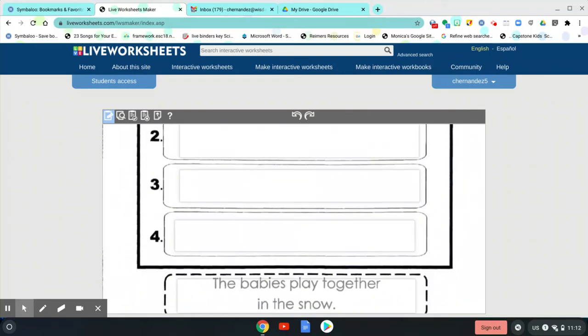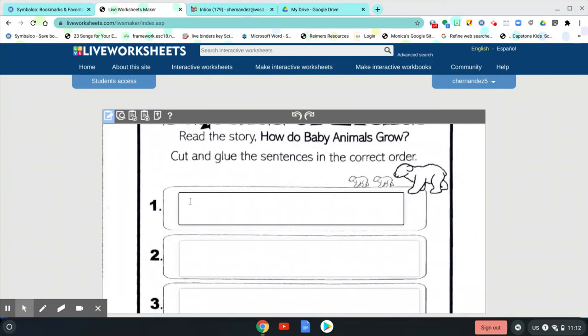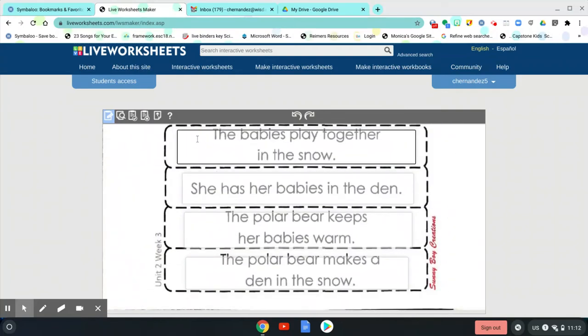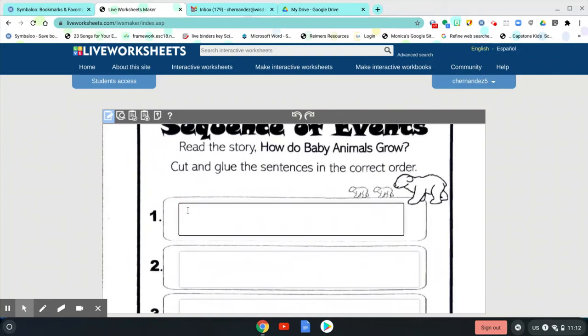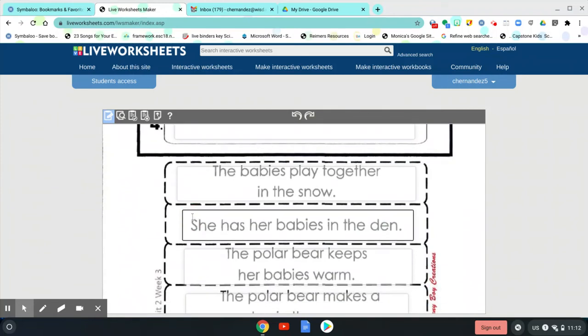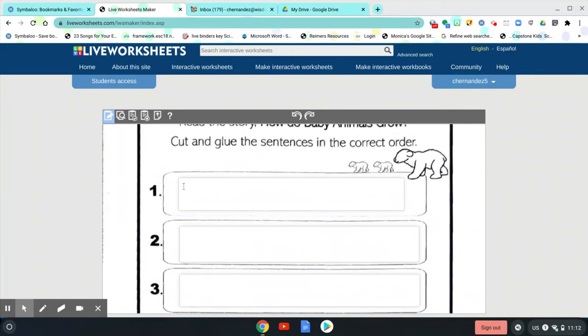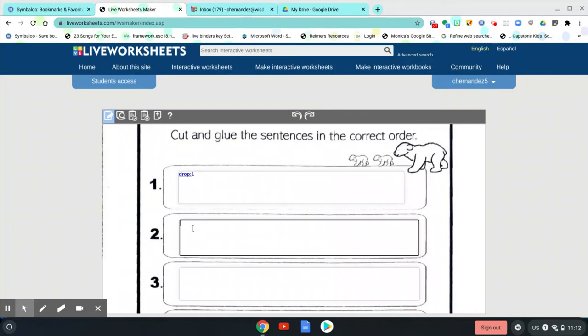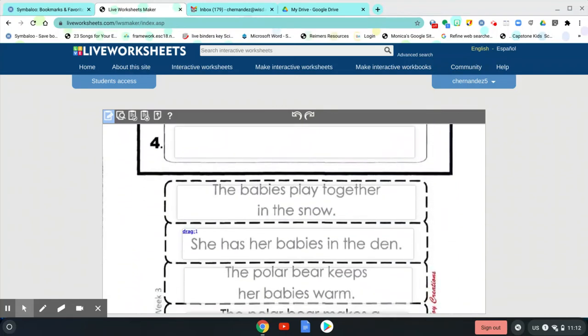Once you have your boxes made, you've got to type in them. So in here, you're going to type, oh, where did my box go? Okay, now I can type. I type drag 1, and this one goes here, so I type in drop 1. This is the one that's going to get dragged into the first place, and it's going to get dropped right here. So in my next box, I'm going to type in drop, and then you put the colons, drop 2, and the second event would be,